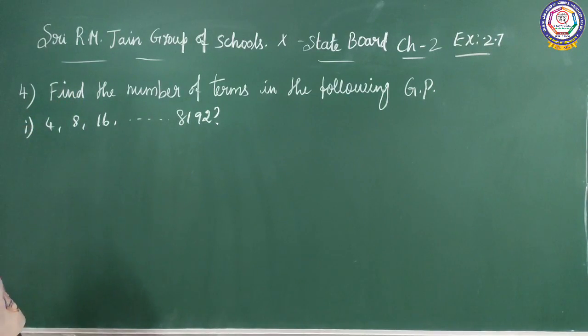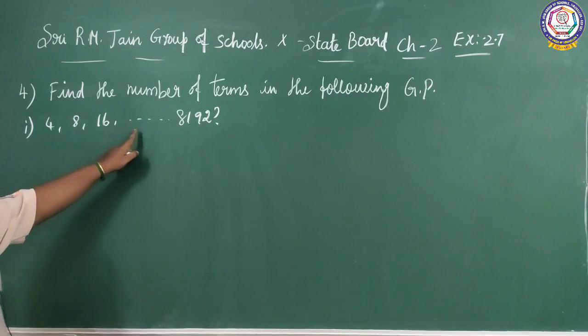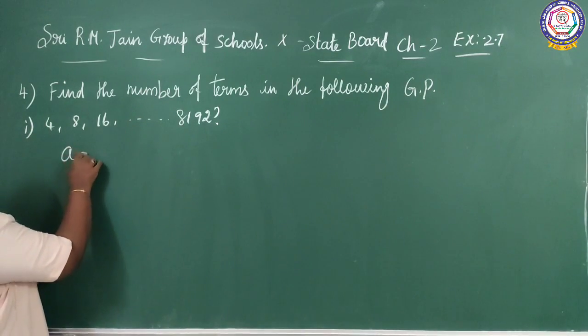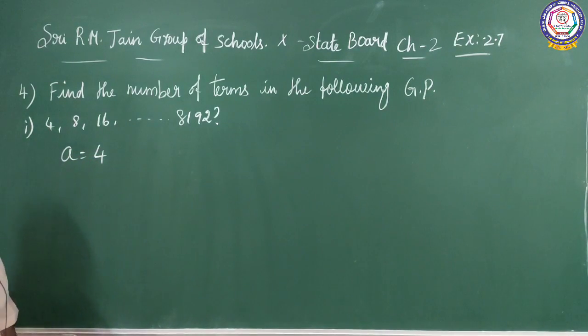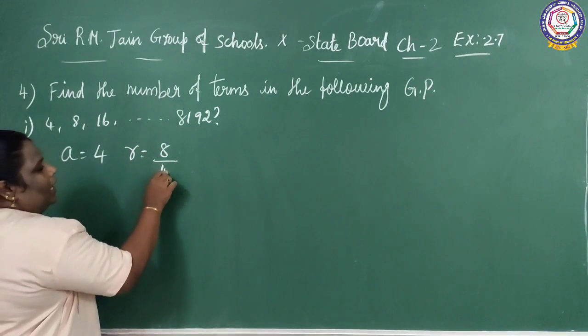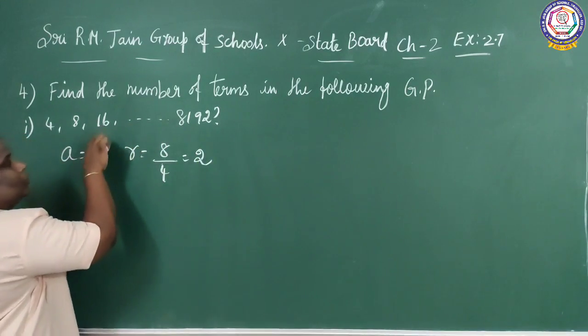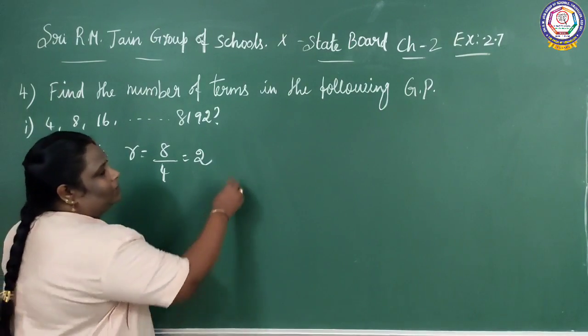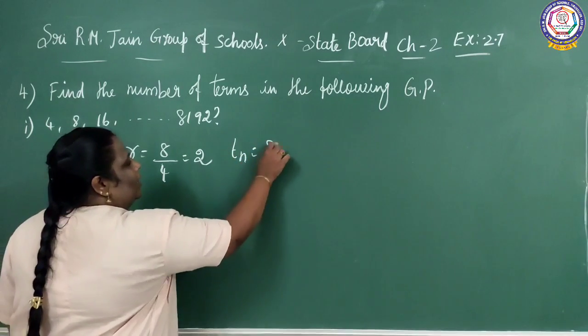Find the number of terms in the following GP: 4, 8, 16, and so on. The last term is 8192. So what is the first term? A equal to 4. What is the common ratio? R equal to 8 by 4 equal to 2, and 16 by 8 equal to 2. What is the last term? Tn equal to